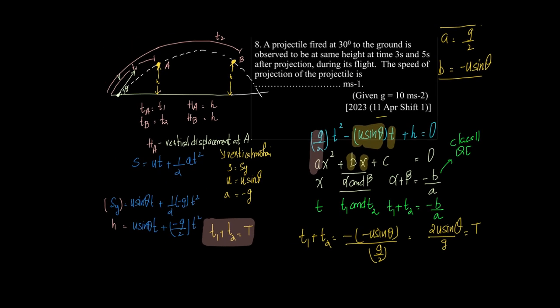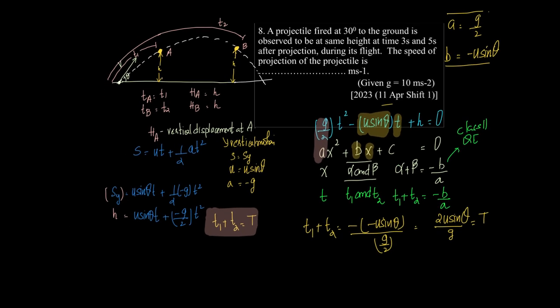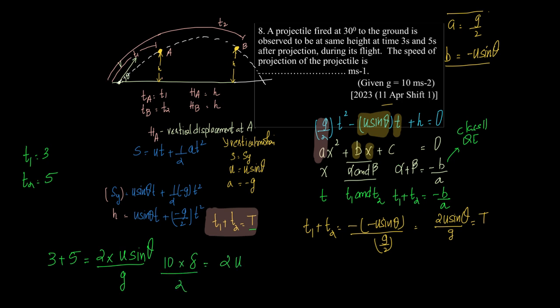Now, if t1 plus t2 is equal to the whole time t, from the given equation here, what do we have? T1 is given to us as 3 seconds and T2 is given to us as 5 seconds, which means t1 plus t2, 3 plus 5, is equal to the time of flight, which is given by the formula 2u sine theta upon g, which implies 8 is equal to, or say 8 into 10 by 2 is equal to